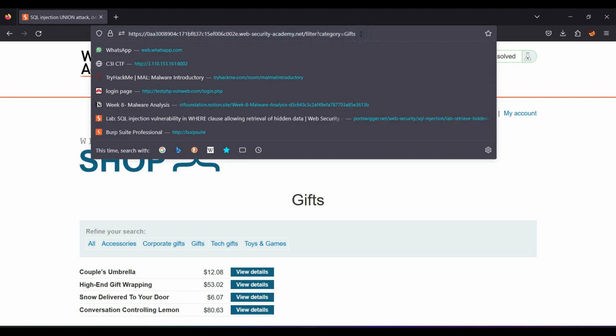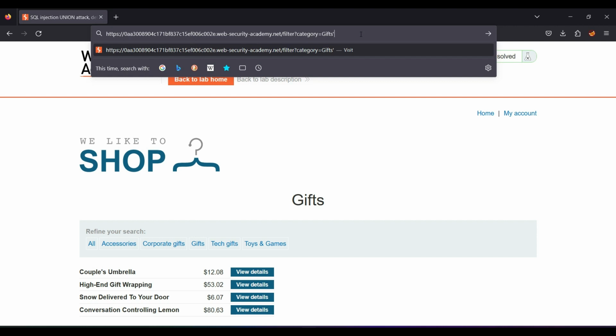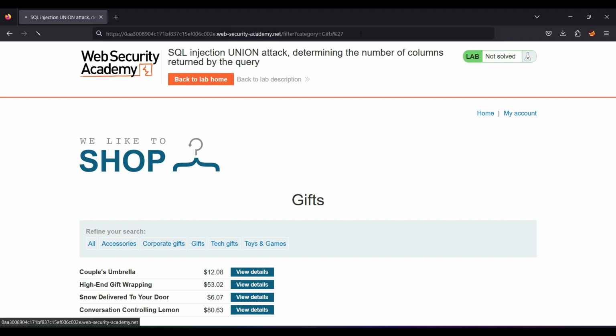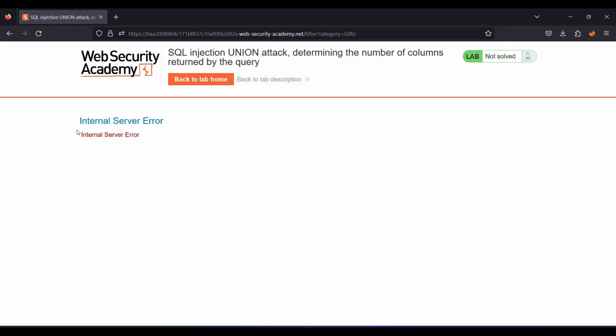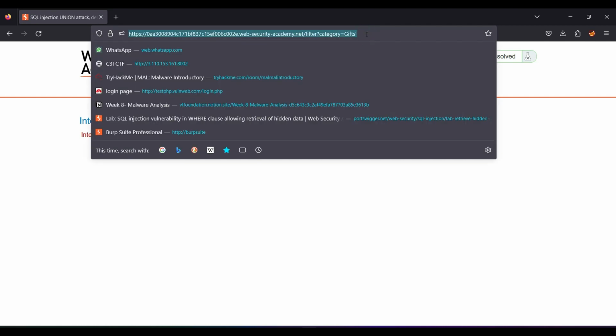First of all, we have to check for SQL injection. I'm just entering the single quote for testing, and you can see an internal server error. That means there is a possibility of SQL injection. Now I'm going to enter my payload.